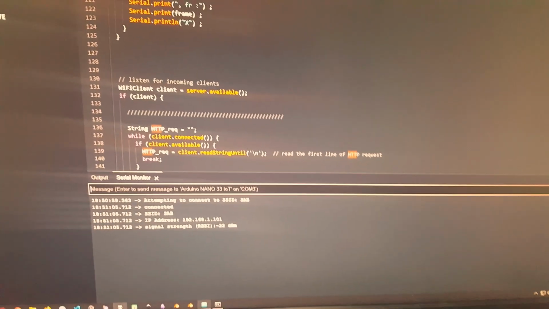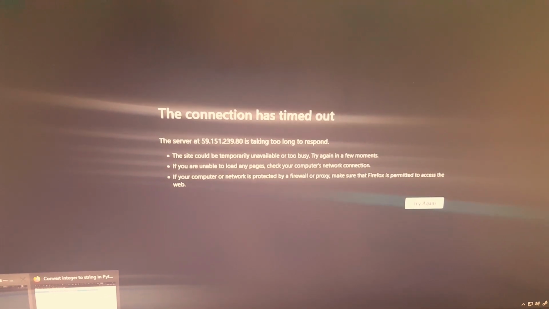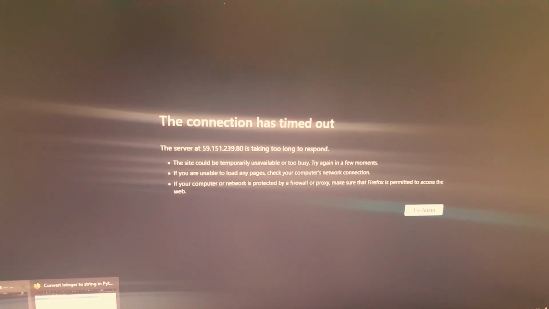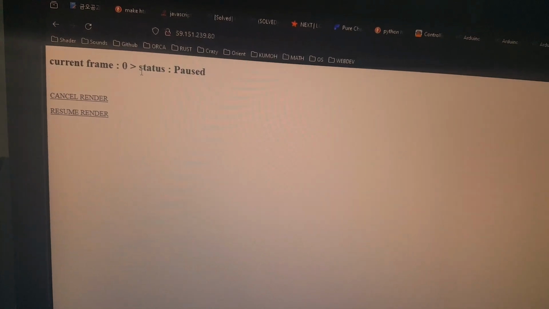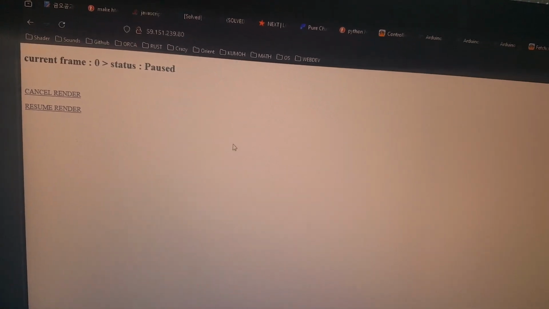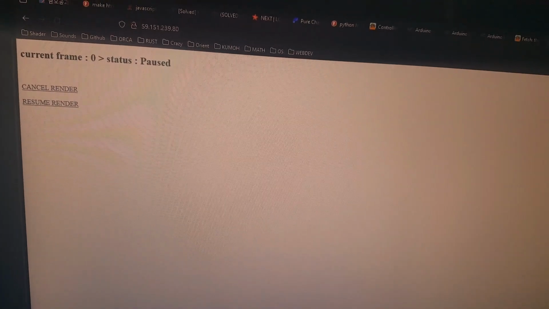And when this is going to be ready, quite soon, I will be able to connect to this page. And he tells me this: current frame 0 status paused. So now is the time to launch